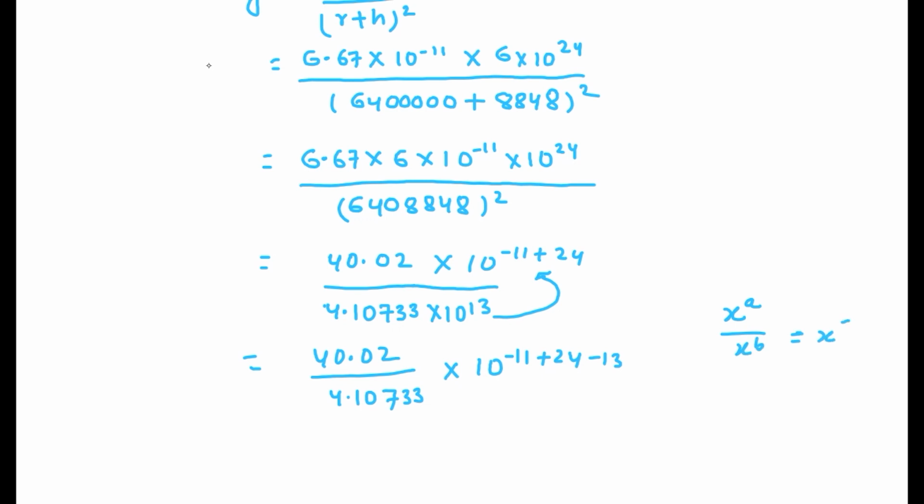So this is x power a and x power b, so it becomes minus 13. So first of all divide this term, 40.02 divided by 4.10733. So the required value is